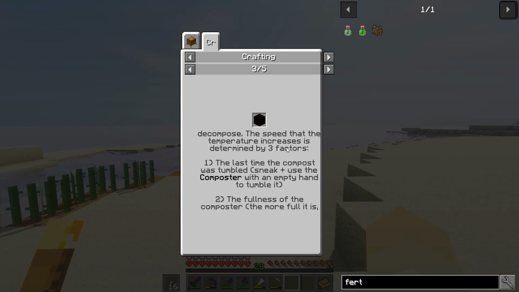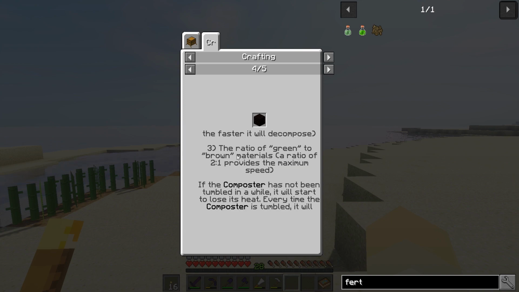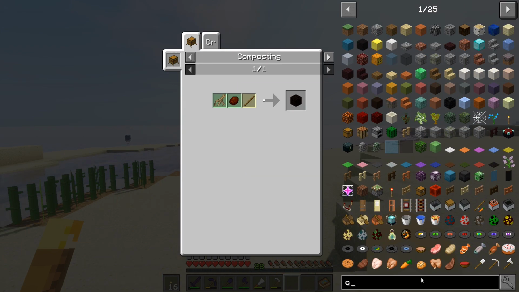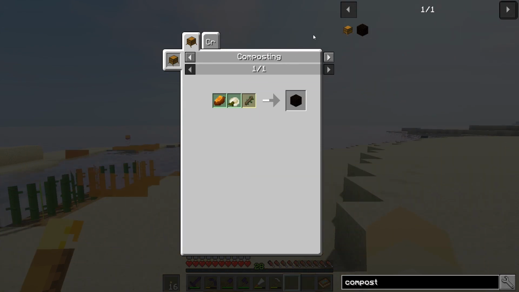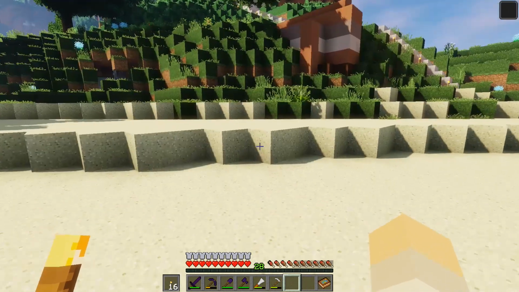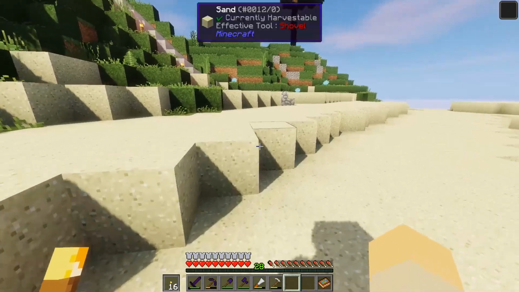So in order to increase the speed that this thing works, 1, you want to tumble it a lot. 2, you want to fill it up all the way. And 3, you want a 2-to-1 ratio of green to brown. So you want 2 greens and 1 brown in order to get the max speed. So we're going to look into that, if I can figure out exactly what to do with the composting bin. I want to see this. Is this something I can do? Sticks. Yes. Okay, so let's take a look at this guy